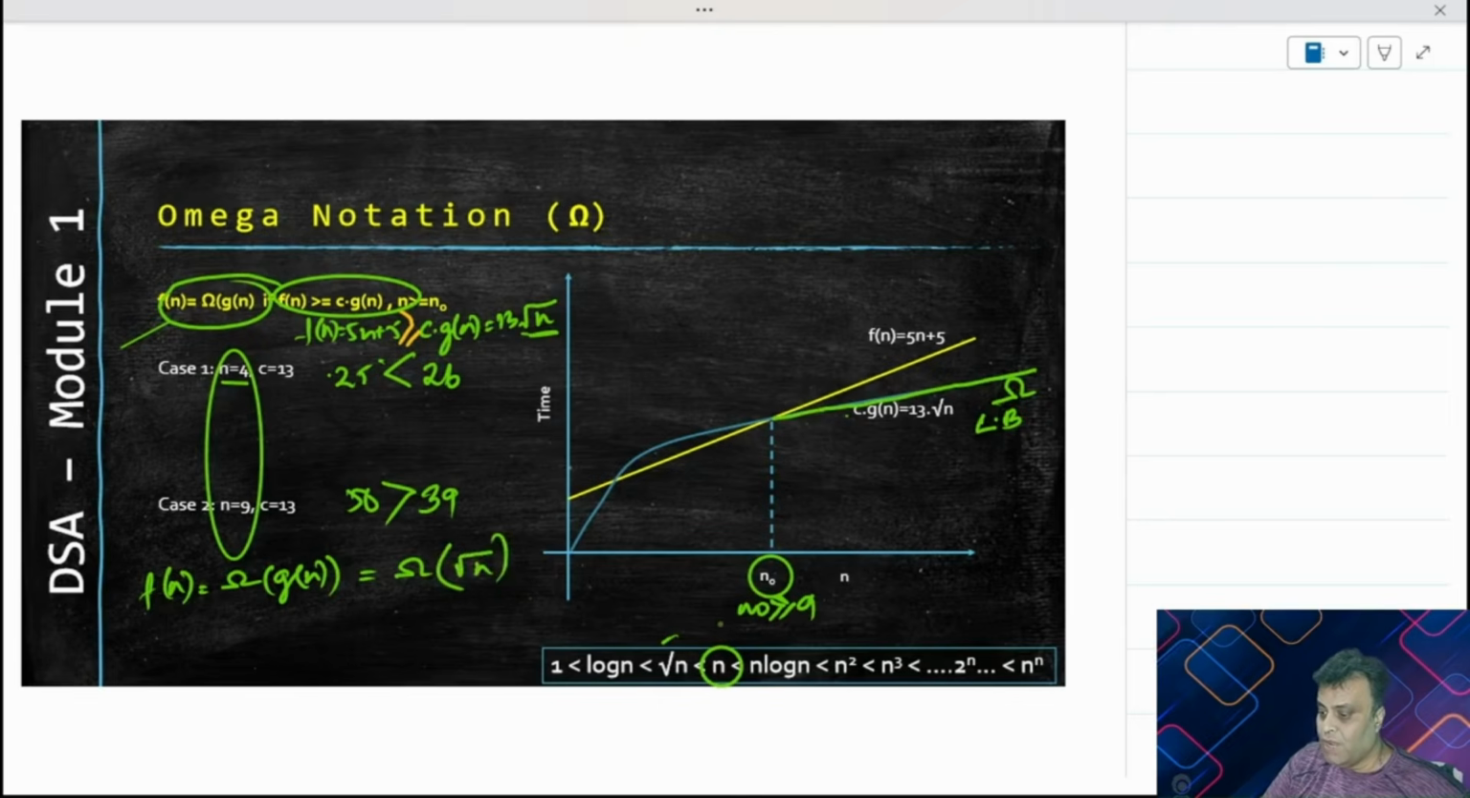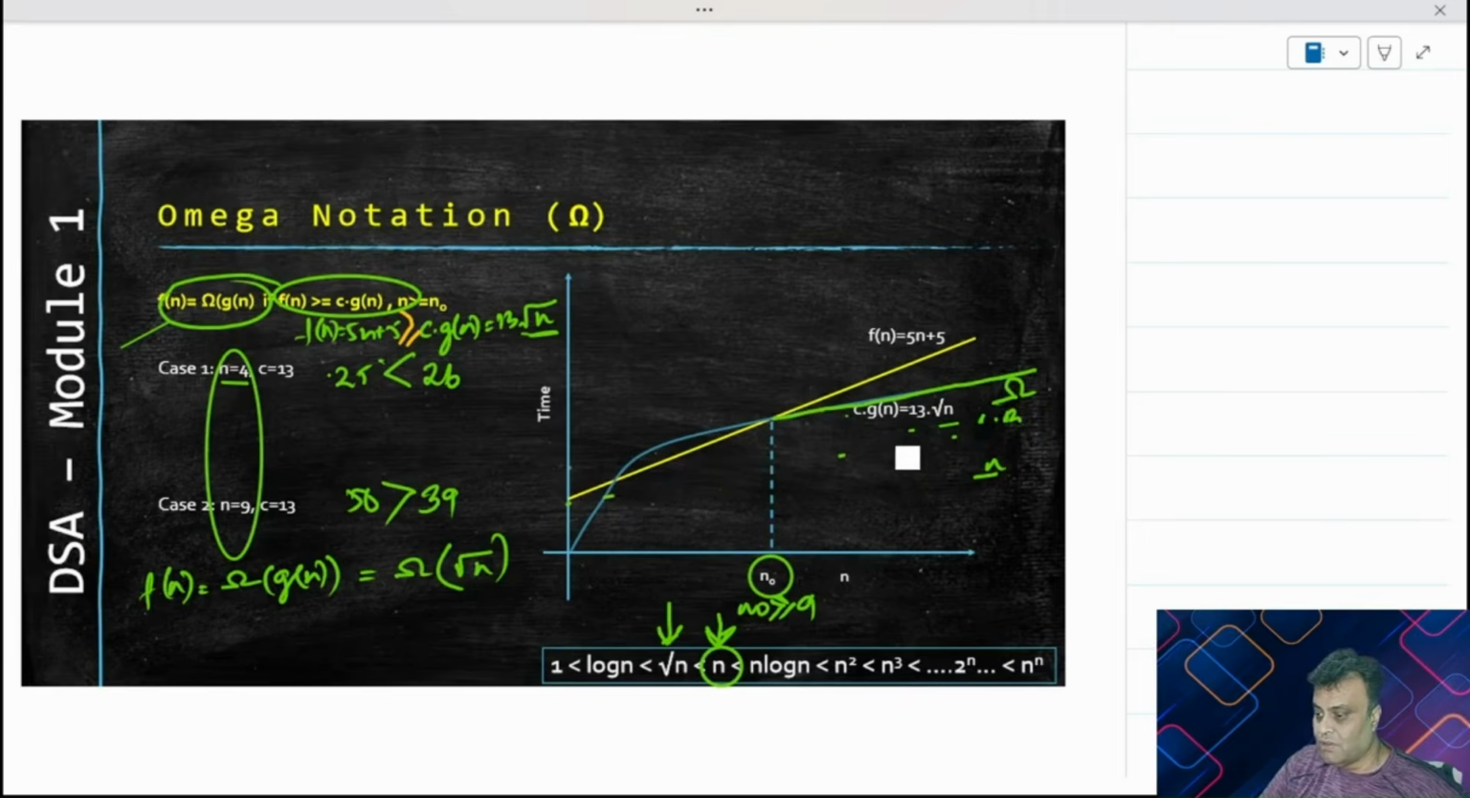Hence we have proved that the same function had a lower bound of n, and it also has a lower bound of root over n. Right? So it might have had n like this. So that was your C2Gn probably. That is some constant 5 into n. So this is also a lower bound. 13 root n is also a lower bound. In fact, it would be below the lower bound